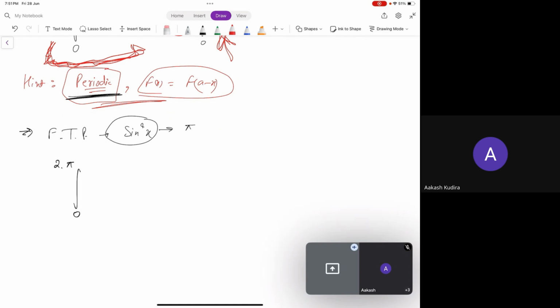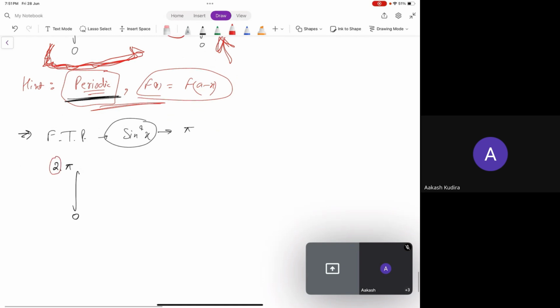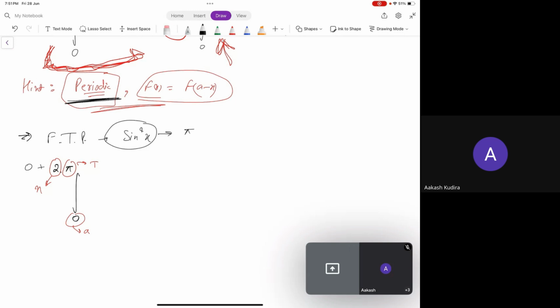Now if I write this like this is n and this is t, because we are studying the periodic properties, that's why I'm using it here. So this is n, this is t, and this is a, this is a. Okay, and you can write here a also, 0 plus like this. Also a here, and this is a. Now see, a to a plus nt of fx